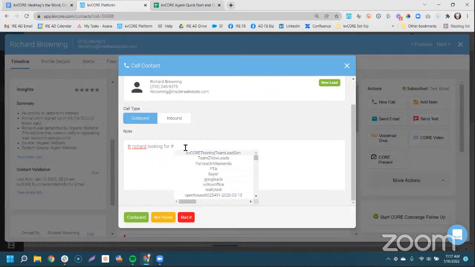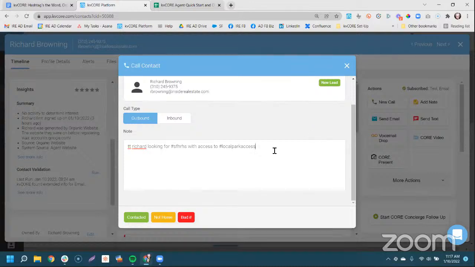You could also put in looking for a single family home by Ridgefield High School, like a RHS. So you could have your own little codes to keep track of what you've discussed and then start looping them into hashtags. Maybe it's looking for a single family home near the high school with access to a local park or something.